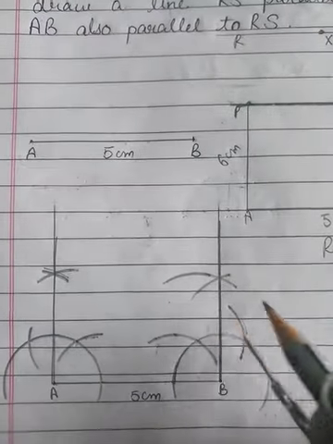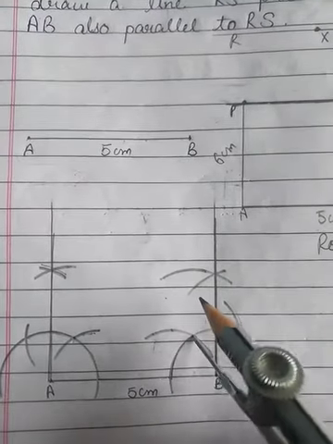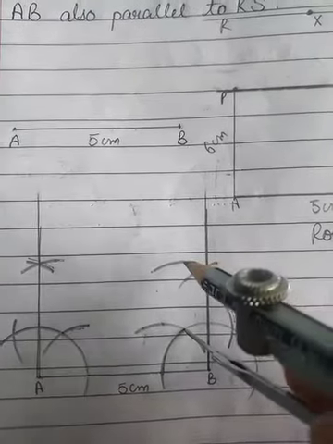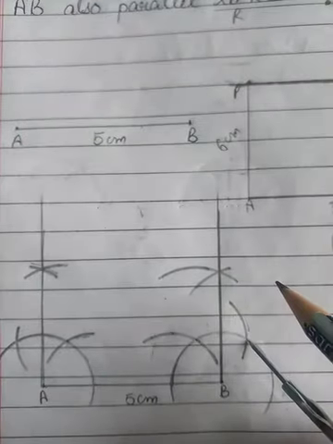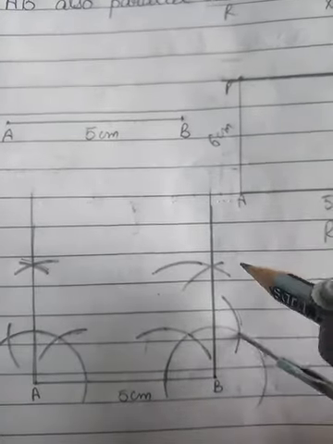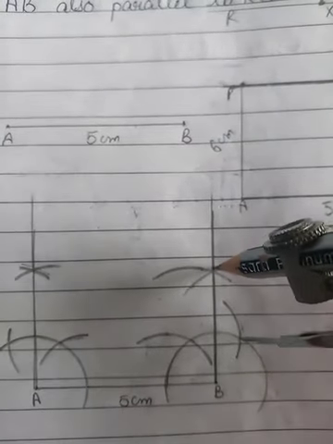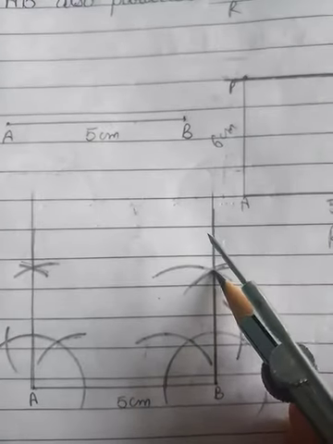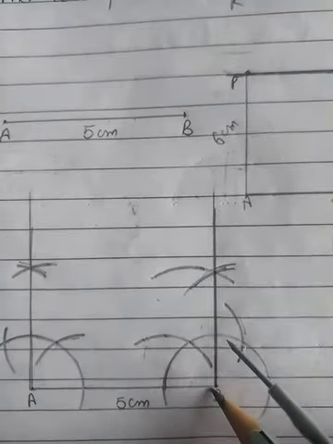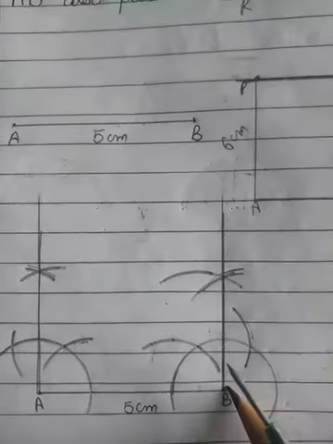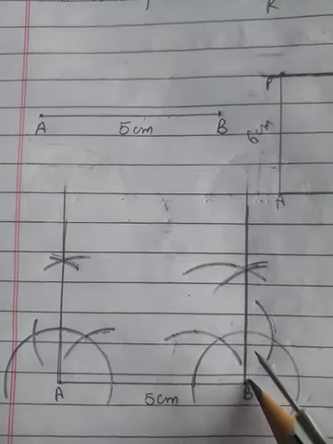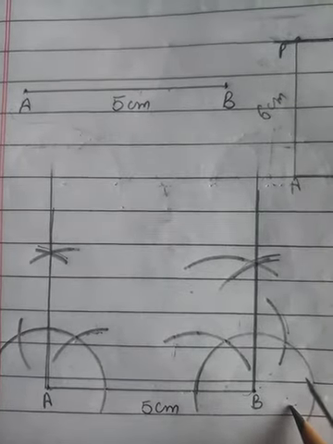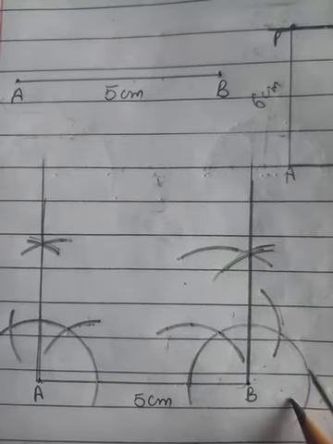Now from these two new arcs, by taking one by one as a center, we will draw one more arc above it, and taking this point now as a center, we will intersect this arc. Okay, like this. So you can see here our 90 degree angle has been made. From this point to this point we will draw a straight line. Okay, so beta, till this it is similar to sum number two and sum number three.